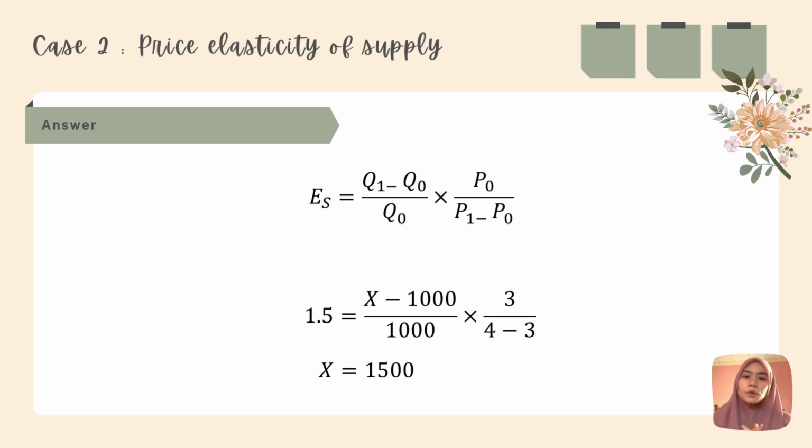In this question, the value of elastic supply is already given, which is 1.5. Now, we need to find the quantity supplied when the price is 4 ringgit. So, how to calculate it? 1.5 equals X. X is Q1 minus 1000, divided by 1000, times 3 over 4 minus 3. So, the value of X, which is quantity 1, will be